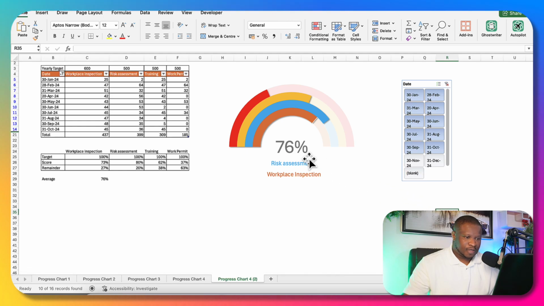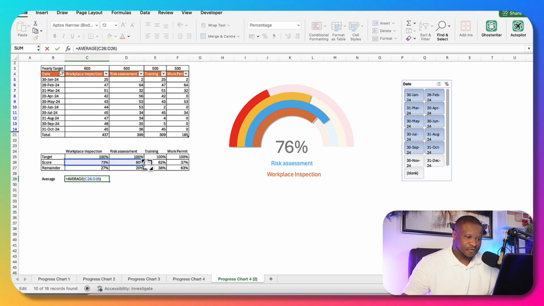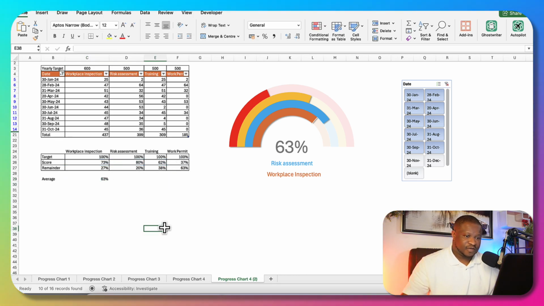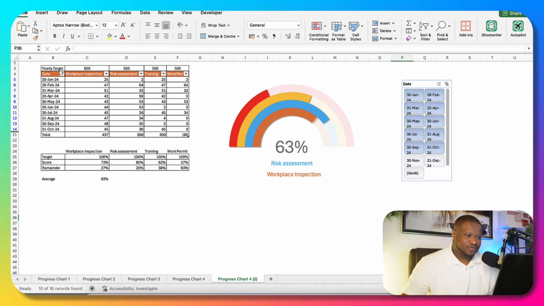So we've created another speedometer chart. Now take note that this is for this, right? So we need to increase this range for the average score. So there we have it. And then we can insert the scores for individual